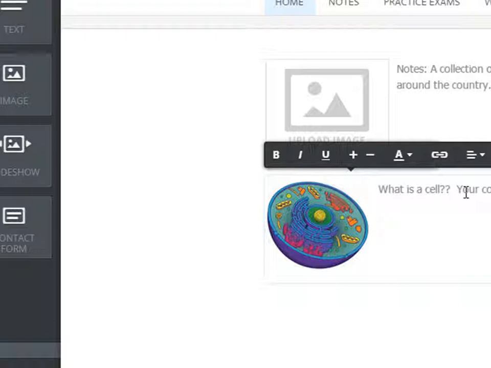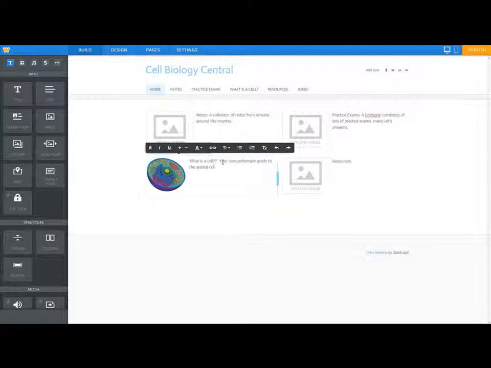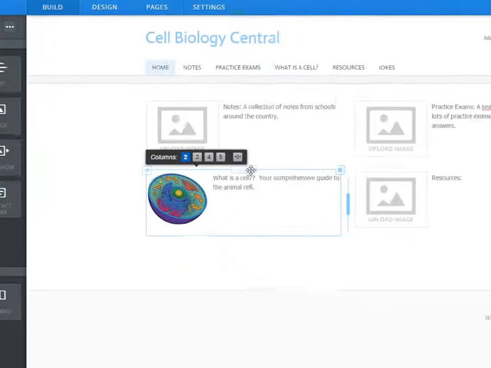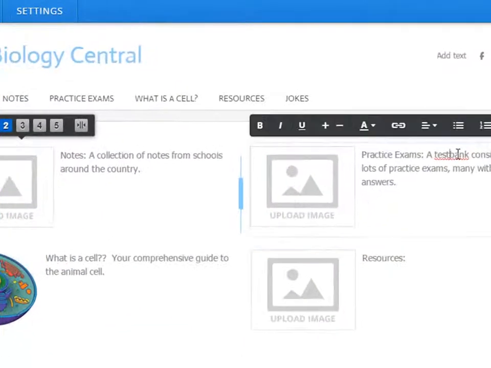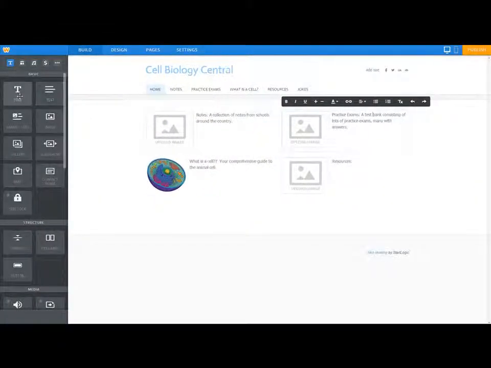Comprehensive, pardon me, guide to the animal cell. And we're going to format this a little bit as we go, but you can see where I'm going with this. So in my free time before the next video, I'm going to clean all this up, so we'll circle back around this. One thing I'm going to add now